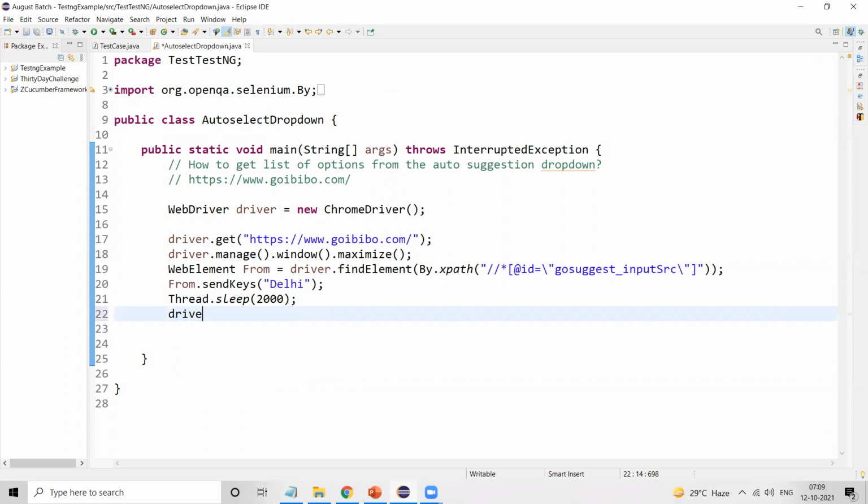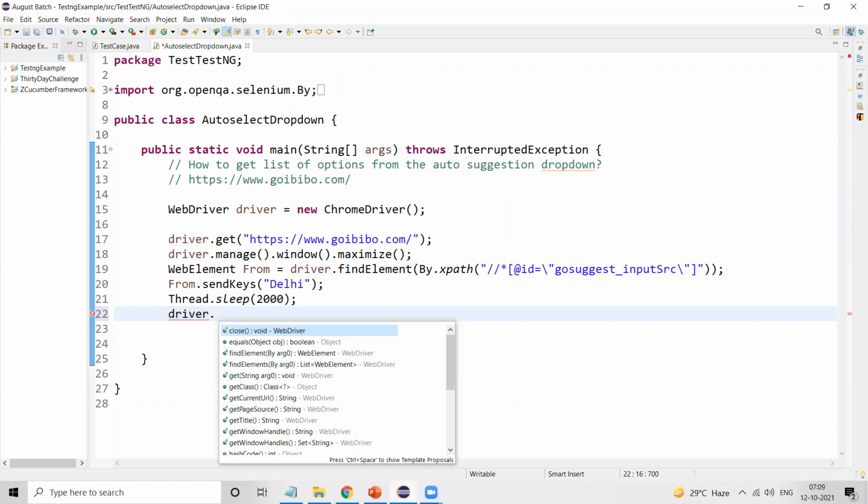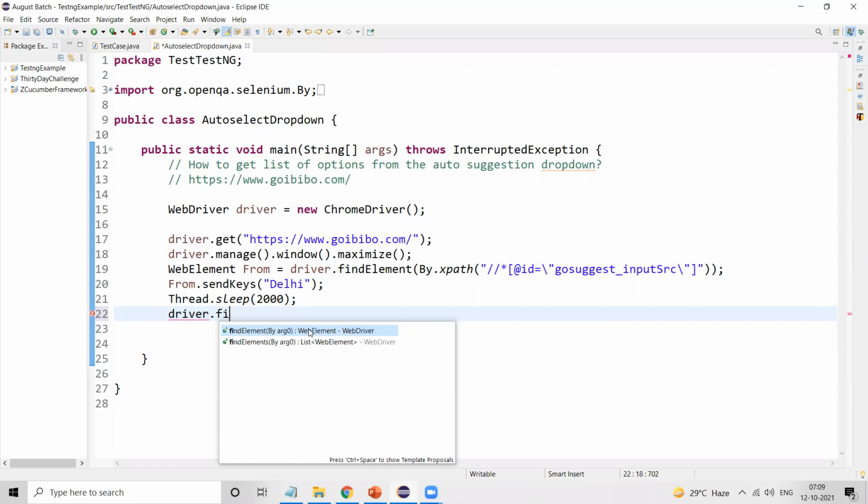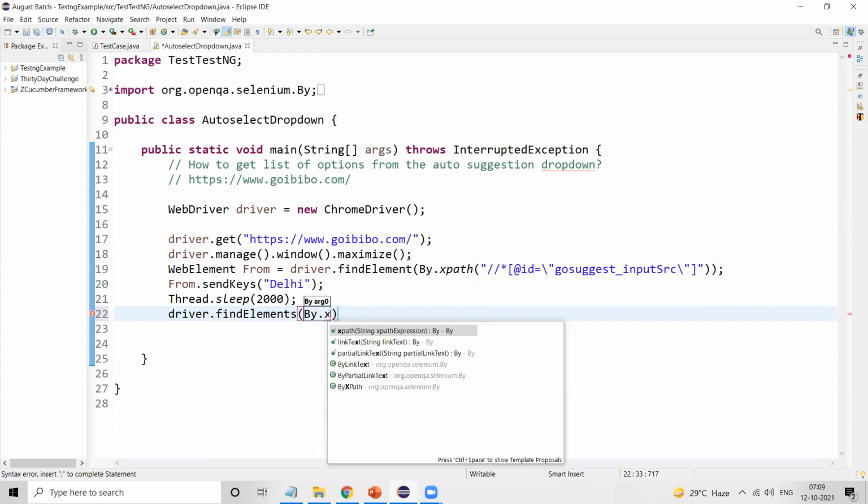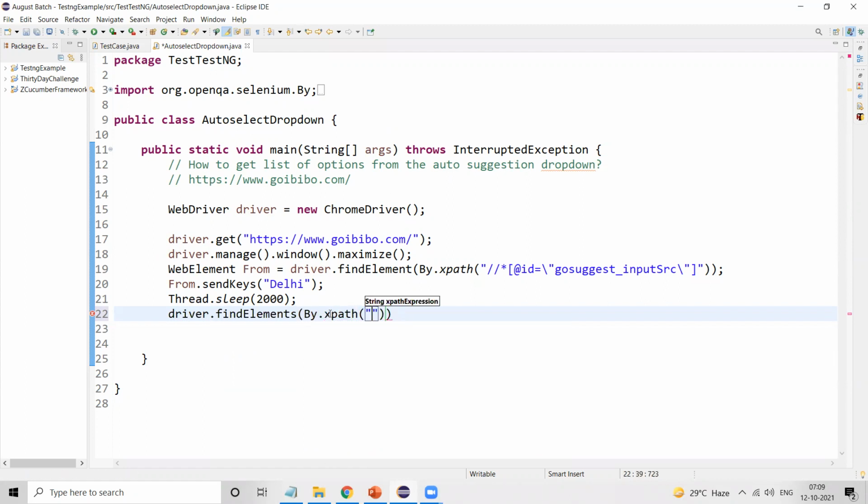Now we need to find the elements, right? Find the list of elements. So fetching the options, right? So for that we need to use find elements by dot XPath. We have to give the XPath over here.